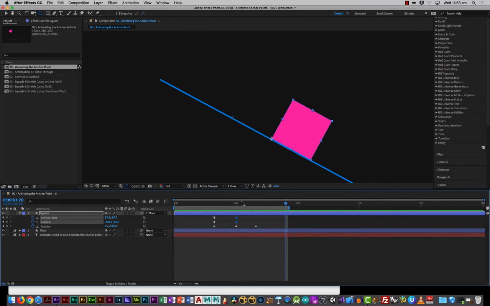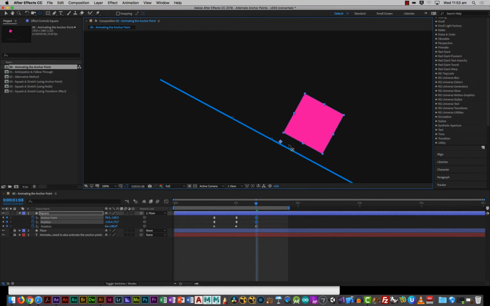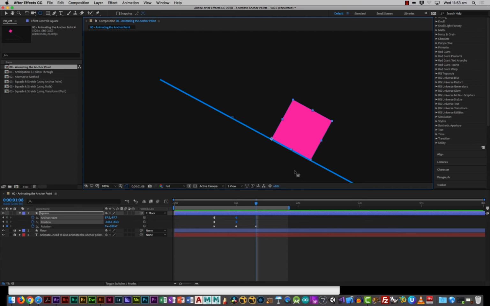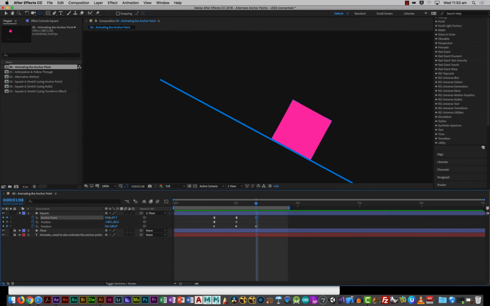Okay, so let's move on. I'll just show Jeremy's solution here. So essentially, I was trying to move it with the pan behind tool, and that has some sort of bug which is causing it to move the layer. So what he did was he moved the anchor point by value,